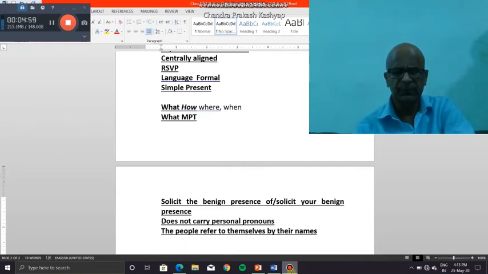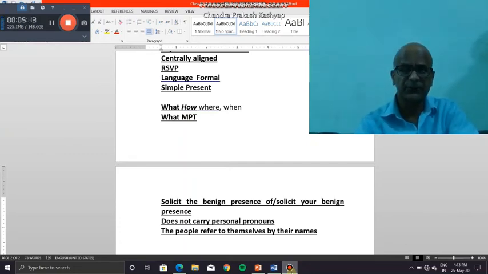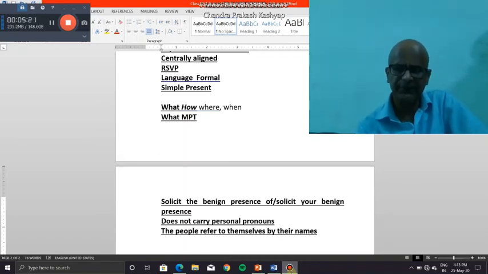However, in modern day English, formal invitations have taken the shape of a formal letter. However, there are differences. A formal invitation would be brief and to the point. Again, the language will be simple. The language will be very formal. I will use present indefinite. I'll refer to myself. I'm free to use personal pronouns here. There is an option with me in this case. If I'm drafting a formal invitation in the shape of a formal letter, I can use personal pronouns.